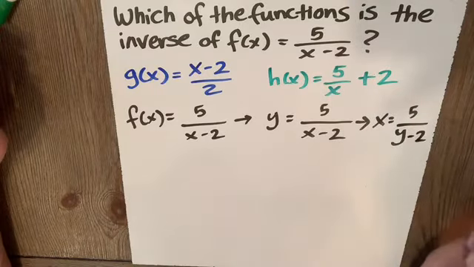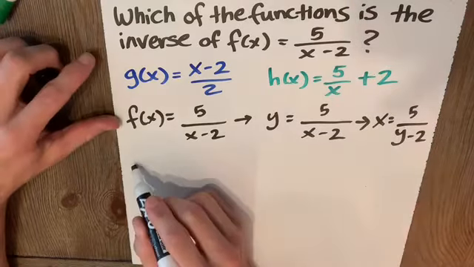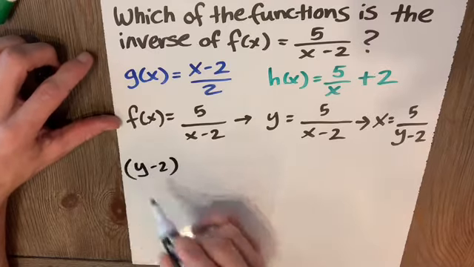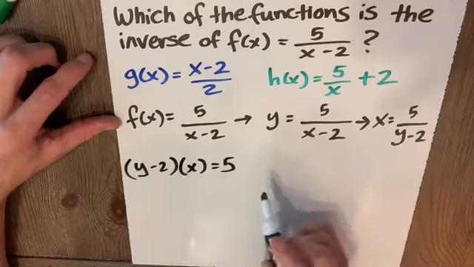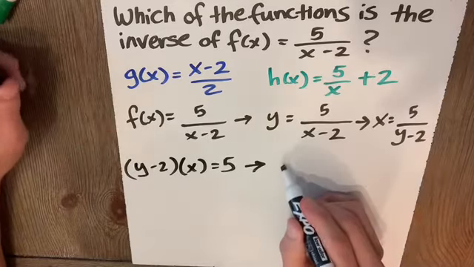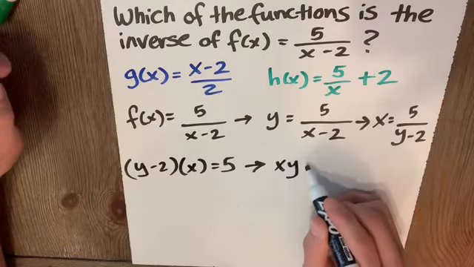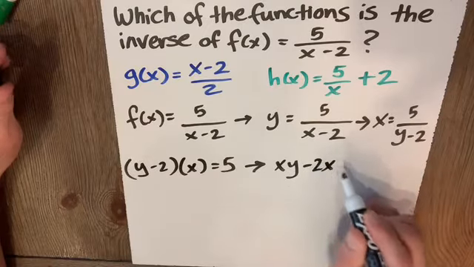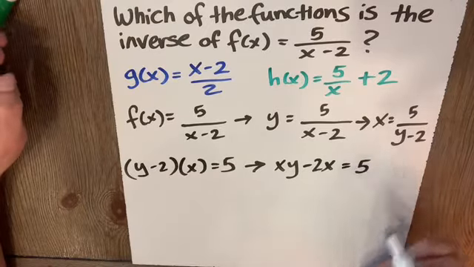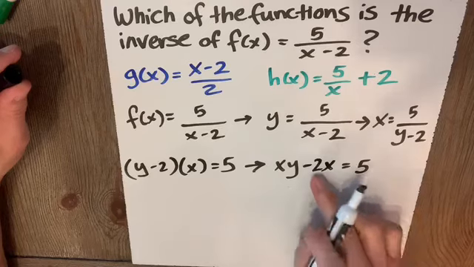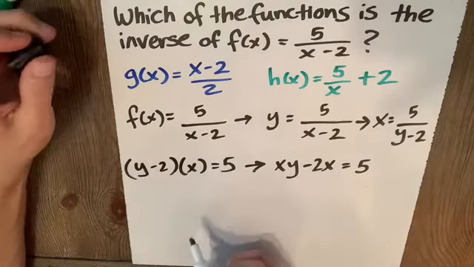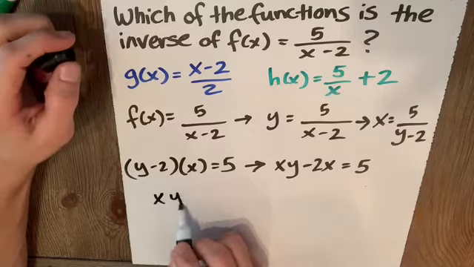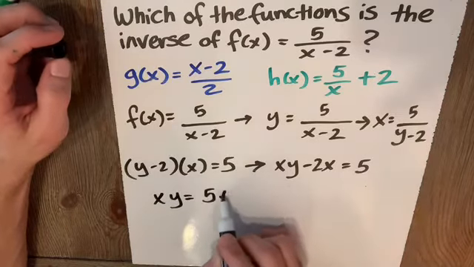Now I've got to solve for this y. Multiply both sides by the denominator, and we get y minus 2 in parentheses times x equals 5. Let's distribute that x out to give us xy minus 2x equals 5, and I'm going to try to solve for y. So I'll add 2x to both sides, I get xy equals 5 plus 2x,